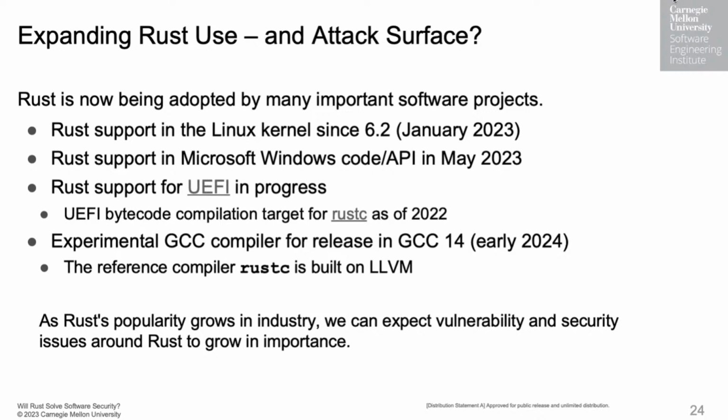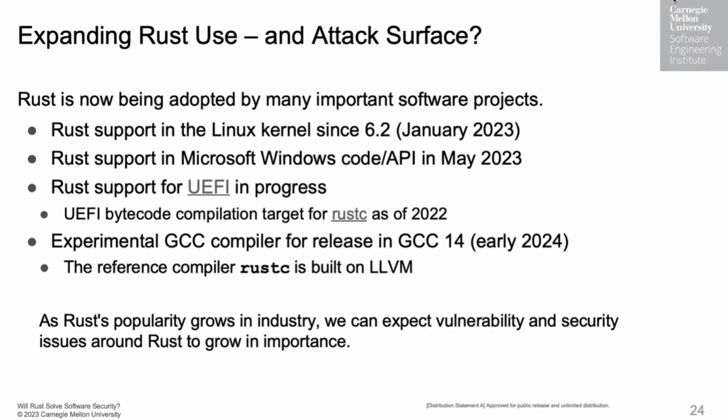So good news, of course, is that Rust is getting more and more popular. It's been accepted into the Linux kernel. That is to say, they will let people submit Rust device drivers as of version 6.2. It's also been added to UEFI, so it'll appear in Microsoft Windows shortly. There is, of course, the Rust compiler, which is a front end to LLVM, and the GCC folks are actually writing a Rust front end to the GCC tool chain.